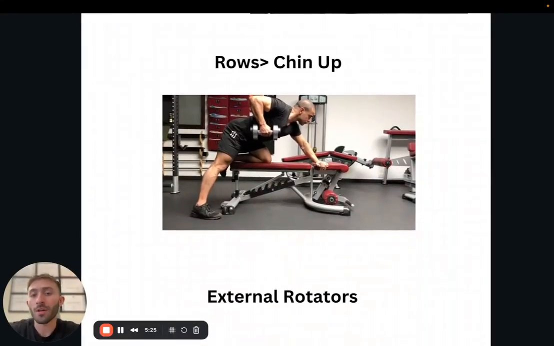Next, we're going to want to take a break from doing chin-ups and focus on rows. Just like how we talked about above, one of the biggest things is having a weak upper back and specifically rhomboids and posterior delts. And so what's going to help with that is going to be the dumbbell row. When doing a chin-up, it's going to be a little bit more stress on the shoulder because you're going through a full range of motion at the bottom and at the top, which can aggravate the shoulder. So that's why we're going to want to step away from those and do dumbbell rows to help strengthen that up while still working on the same muscle groups, the lats and the upper back.